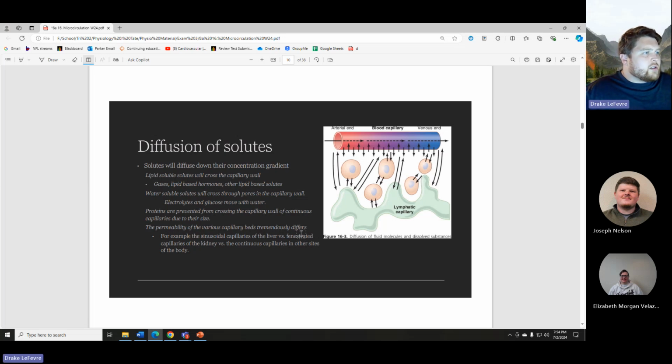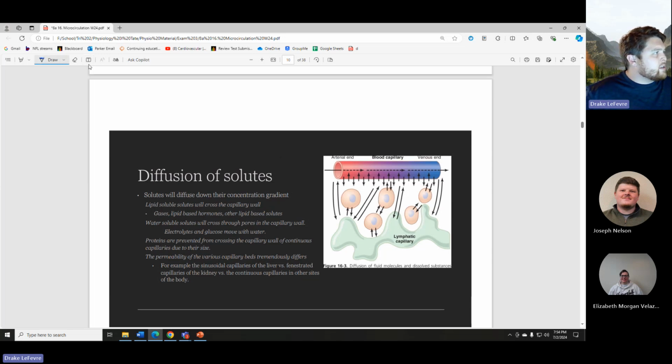Diffusion of solutes. So we have the arterial end, the venous end, and we have the capillary in the middle. The important thing to remember is the arterial side, because the arterial side has natural blood pressure, it's high pressure with the blood, and then low blood pressure, let's just say BP. High blood pressure on the arterial side comparatively,